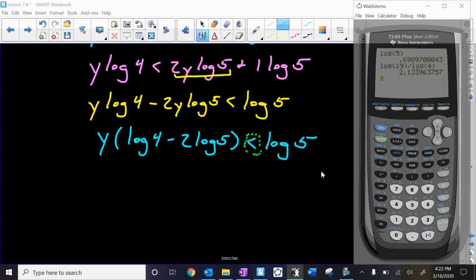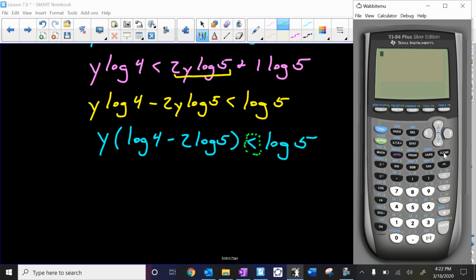I'm going to take out my calculator. We're going to type that in. Log of 4, I'm going to close that off, minus 2 log of 5. And it is negative. That's okay. We can divide by the negative. We just got to make sure that we change the sign. So if I divide by that negative,